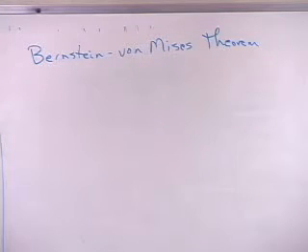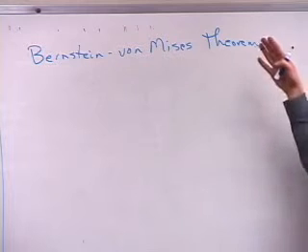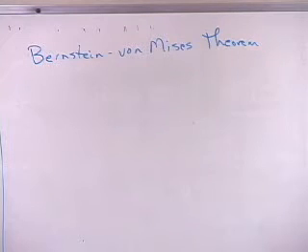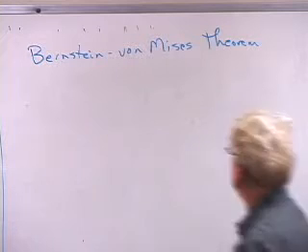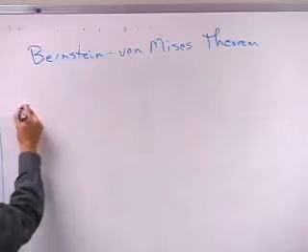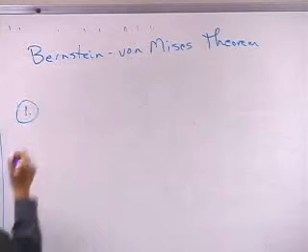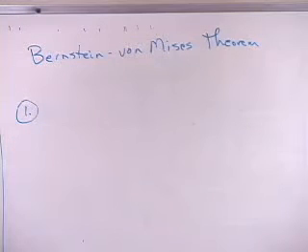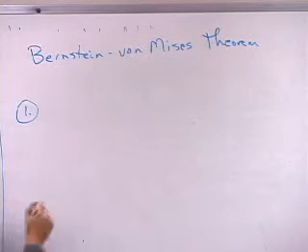There are many authors associated with this theorem, but this is the name that's been given to it over time. The Bernstein-von Mises theorem can be thought of as having three equivalent and alternative statements. The first one is that the posterior distribution